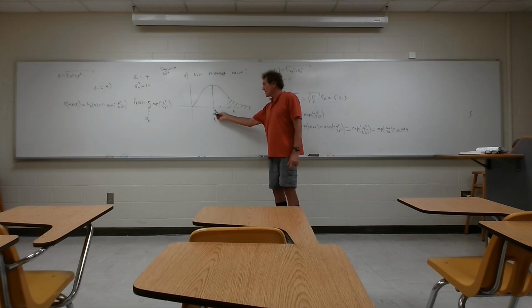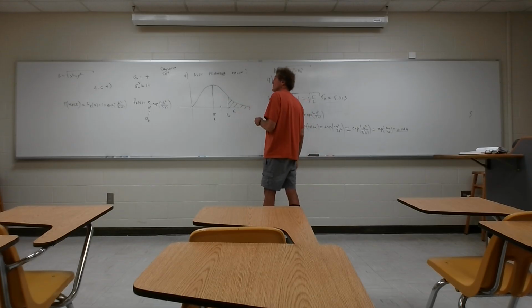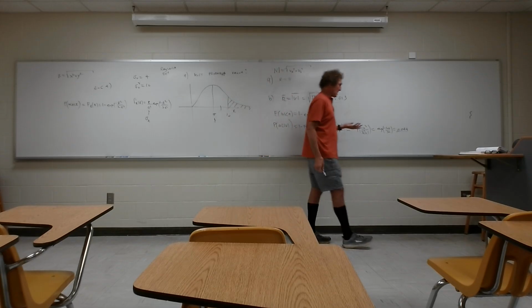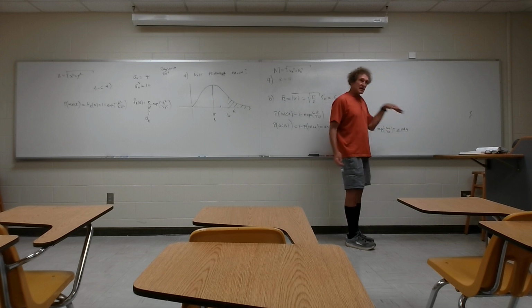Here, 1 standard deviation from here would be 8, right? If that's 4, it would be 8 in terms of the Gaussian standard deviation. In terms of the Rayleigh standard deviation, it would be 2 sigma, or square root of 2 sigma, which is very close to that value. But we're going to see a value that, 4.4% is almost nothing. I mean, it's crashing very quickly. If you went out from 10, if you went out another standard deviation to 14, you'd find this thing is basically 10 to the minus 5, 10 to the minus 6. So it goes down quickly.